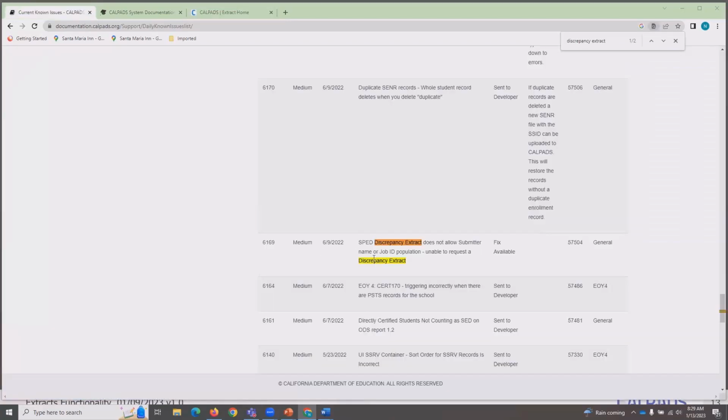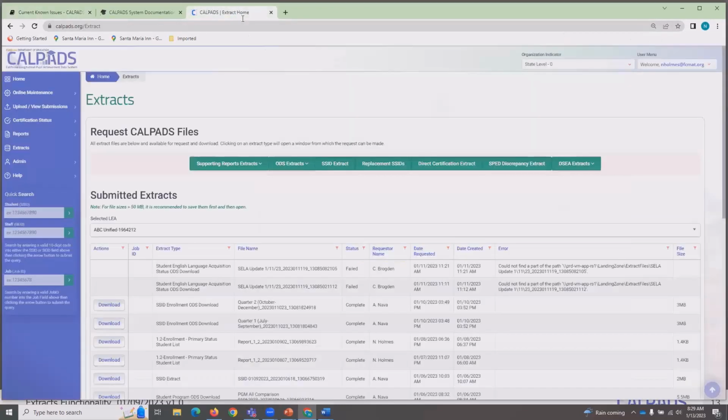So here in the user manual, we went to discrepancy extract under known issues, and there's an outstanding known issue 6169 that's affecting the SPED discrepancy extract. So again, at the time of this recording, the SPED discrepancy extract does not operate as designed. However, in a perfect world, the SPED discrepancy extract will show you the discrepancy between your SED system and your